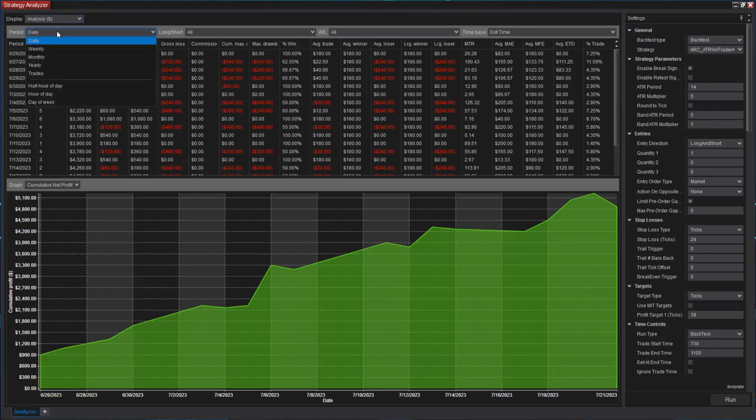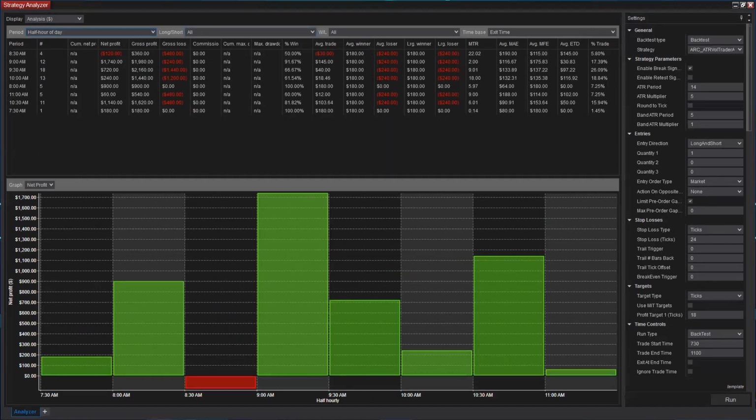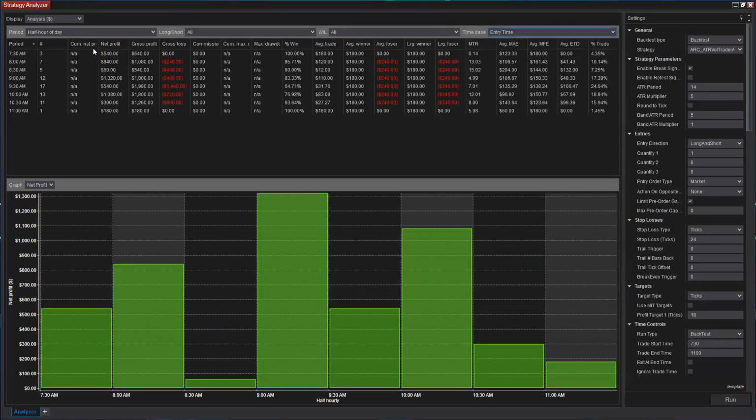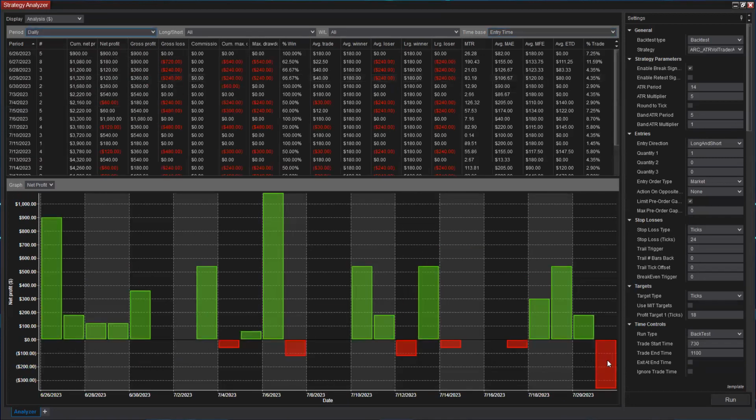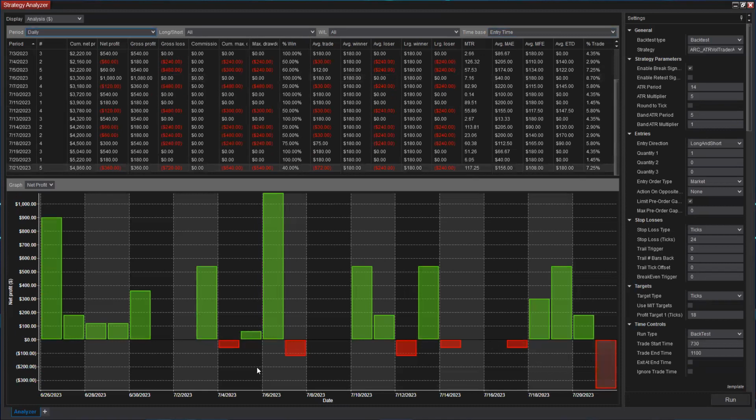Looks really good. Let's go check the time of day. Looks pretty clean across the board. Not a lot of time trading. We're going 7:30 to 11. I'm sure you could start at 9 just the same and do pretty well with these settings if you don't like trading pre-market. Daily looks pretty good. Took a loser there. Some smaller losing days here. Let's do this though, because I think,